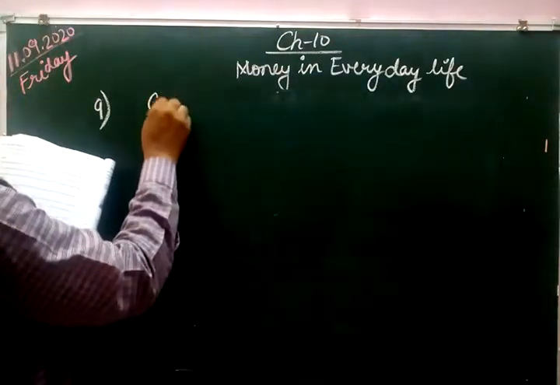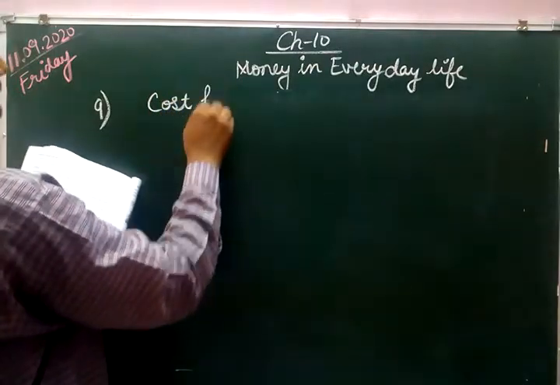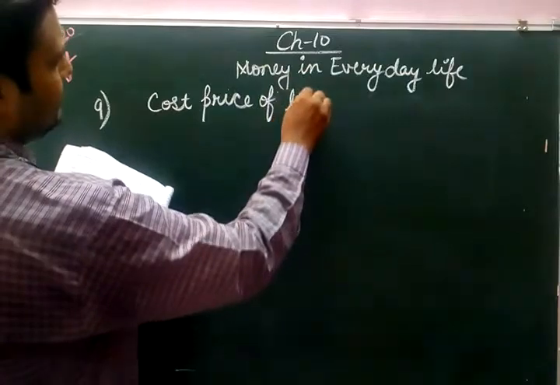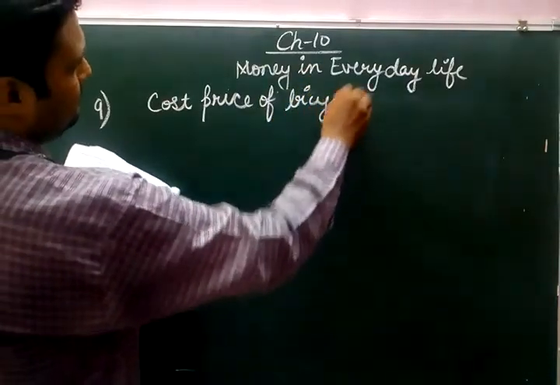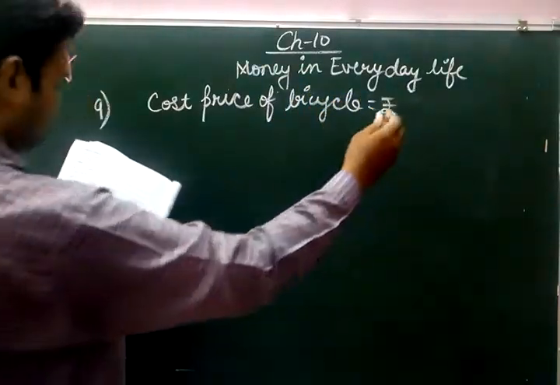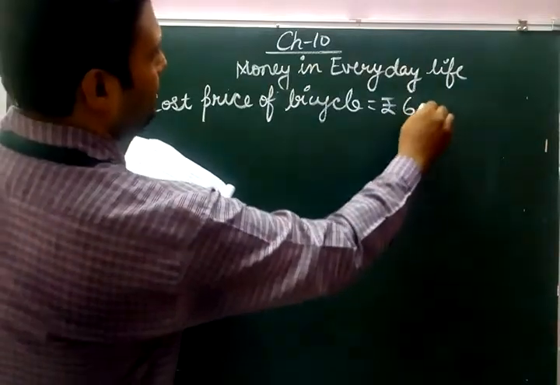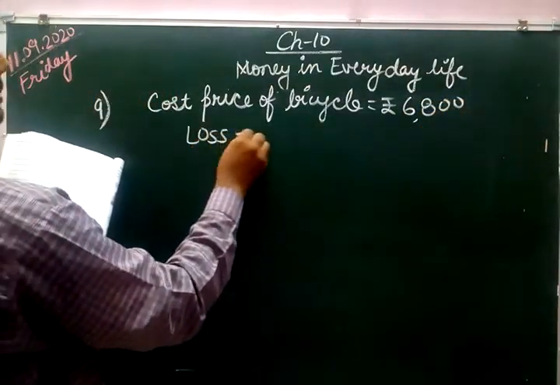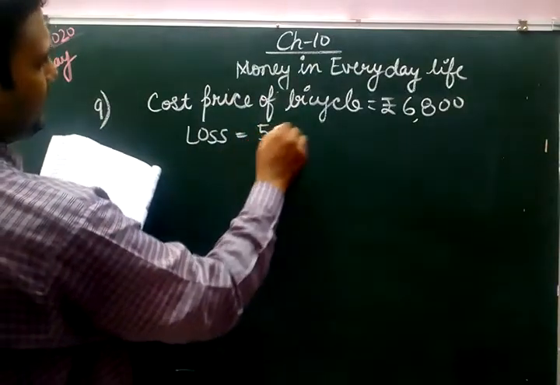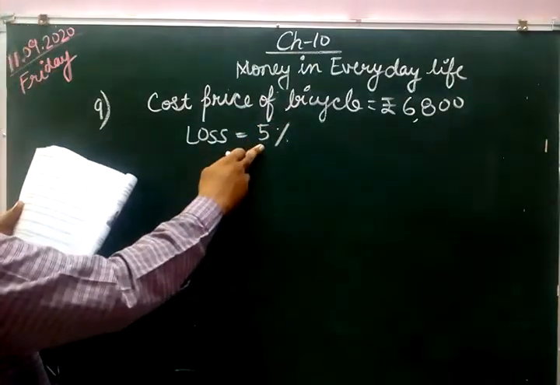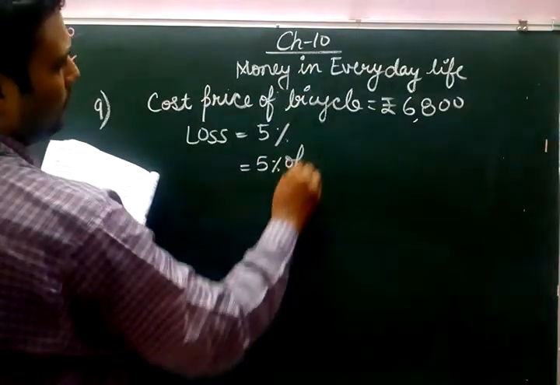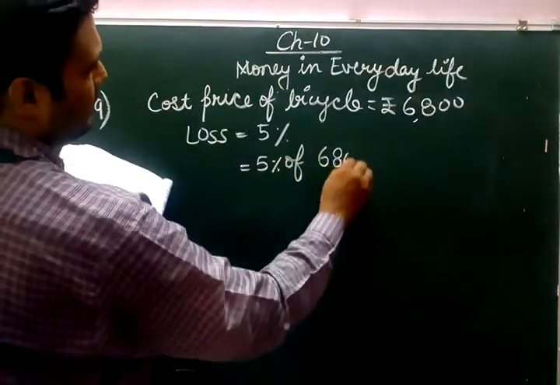So cost price of bicycle, 6,800, and we have a loss of 5%. This 5% loss is on CP. So 5% of 6,800,